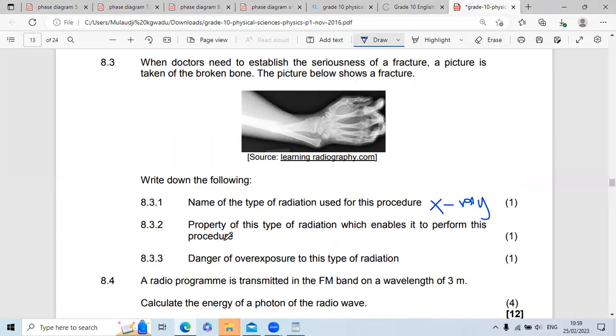So actually what happens now is that when they start asking you for properties, you can just say the danger of overexposure. So the property of an X-ray is that